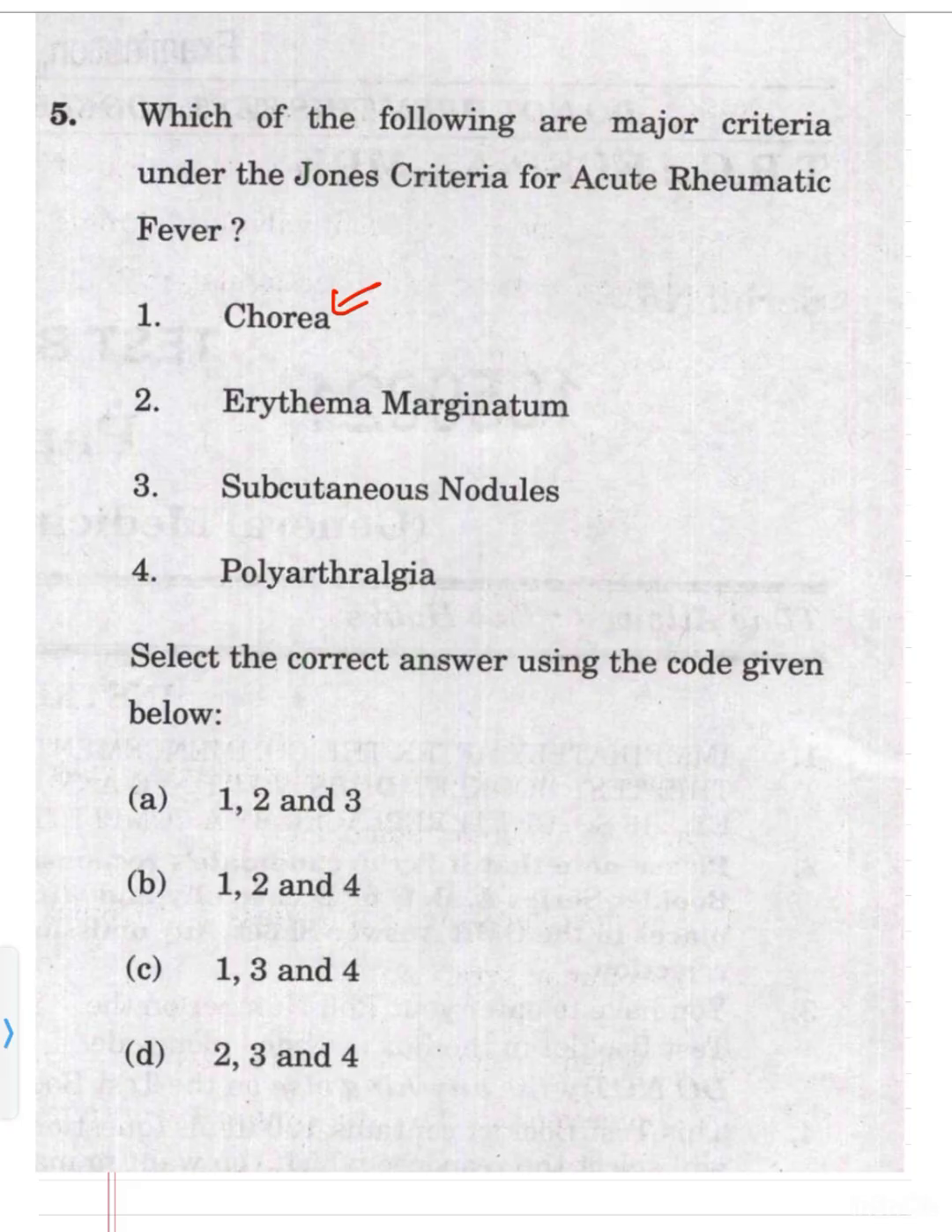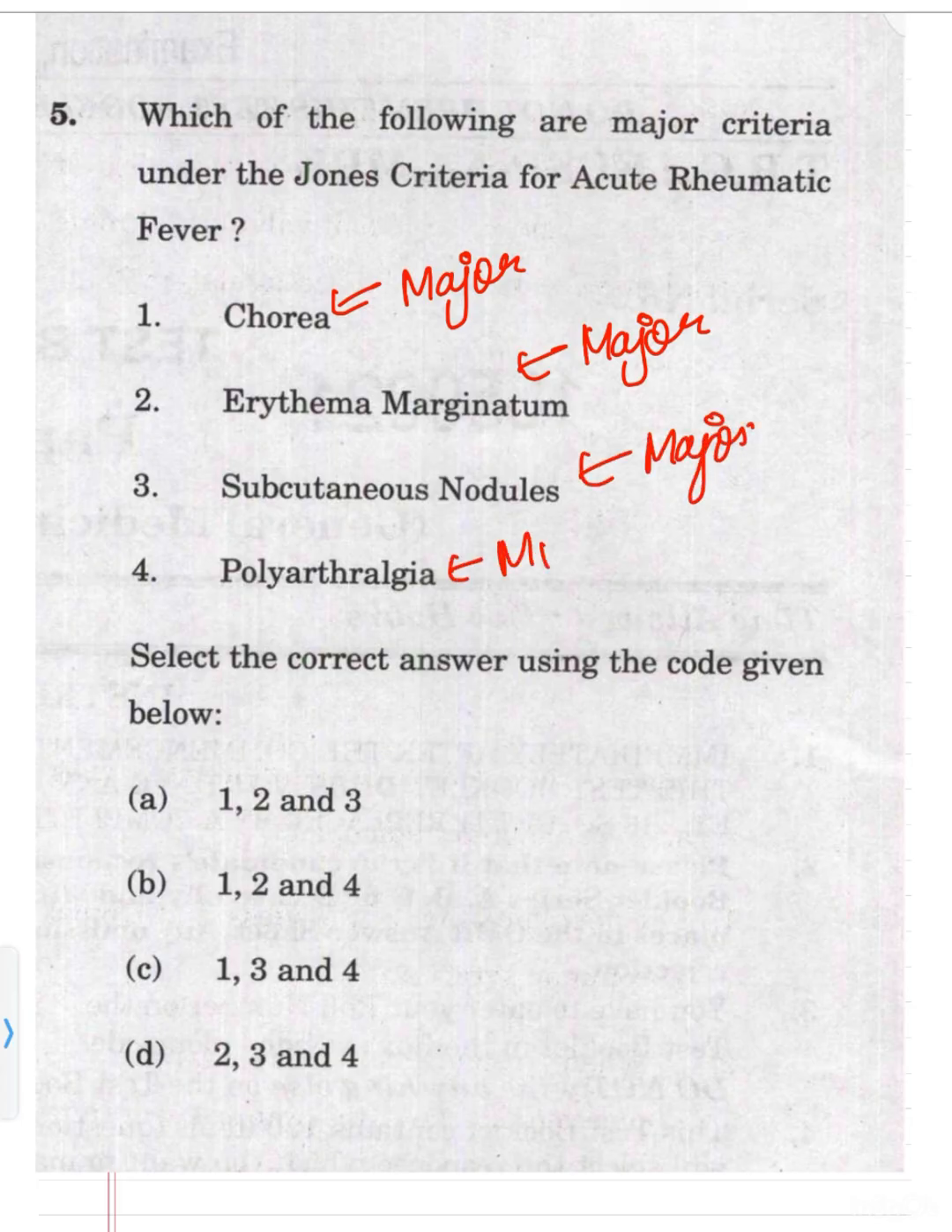So chorea is a major criteria. Erythema marginatum again is a major criteria. Subcutaneous nodule again a major criteria. Polyarthralgia is a minor criteria. But remember that polyarthralgia is a major criteria in case of